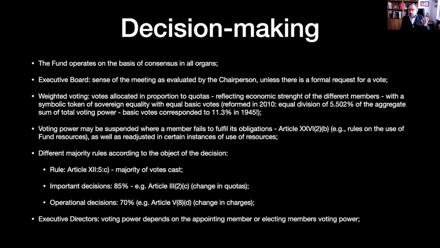So I'm not saying that consensus is ideal. I'm just saying, consensus does have some advantages, but obviously you cannot deny the disadvantages: blockages are very easy to create. All it takes is for one member to say, I object, and other states will then try to persuade them to waive their objections. So it lends itself to a more diplomatic approach in terms of the functioning of these organs.